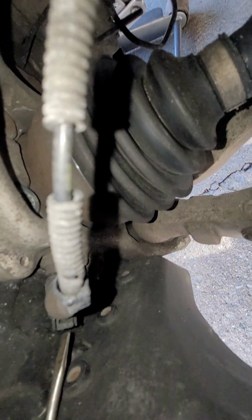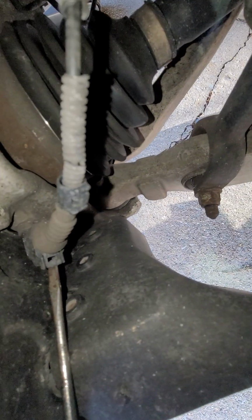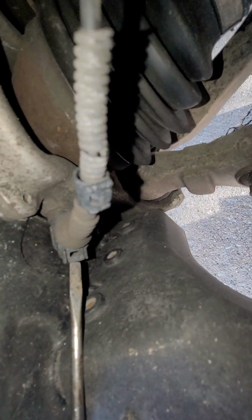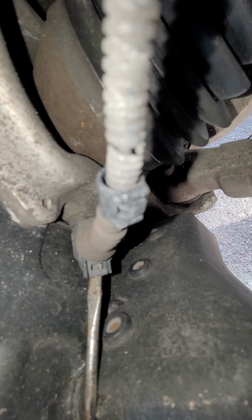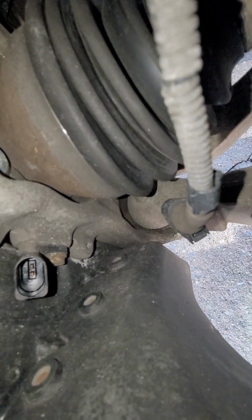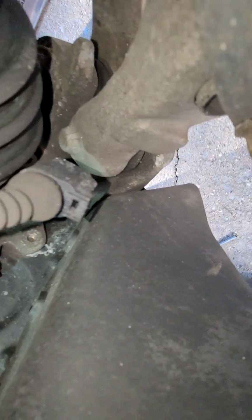So as I pry this piece back, you would pry this open a little bit. I stick a little skinny flathead in here, and I just pull it back and pull the wire, and it should pop right out. You gotta use both hands with that. I just did it that way off camera because I only have one hand. So now I'm going to